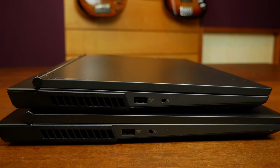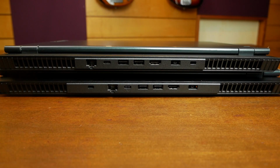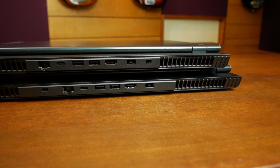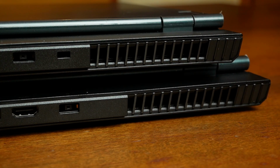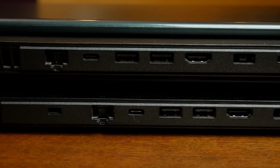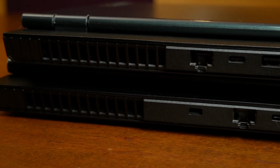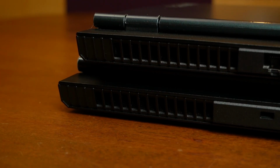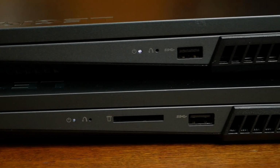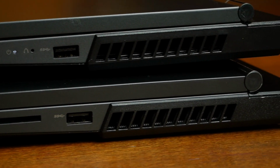The ports are similar on both models. On the left side, you have an exhaust vent, USB-A 3.2 Generation 1 port, and a headphone mic combo jack. On the back, you have the same ports on both laptops, but in a different order. There are 2 more exhaust vents, Ethernet port, USB-C 3.2 with DisplayPort, 2 USB-A 3.2 Generation 1 ports, HDMI, power input, and a Kensington lock slot. On the right side, there is yet another exhaust vent, USB-A 3.2 Generation 1 port, and an SD card reader